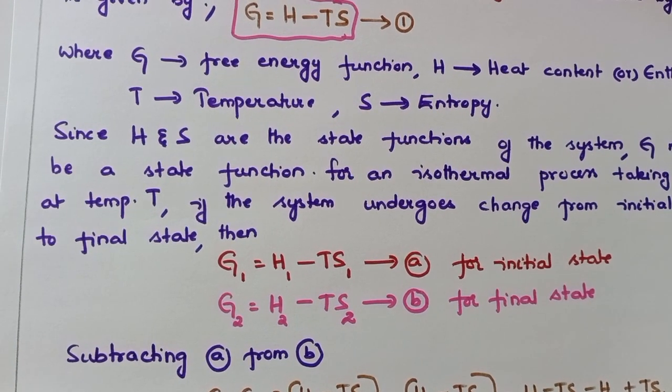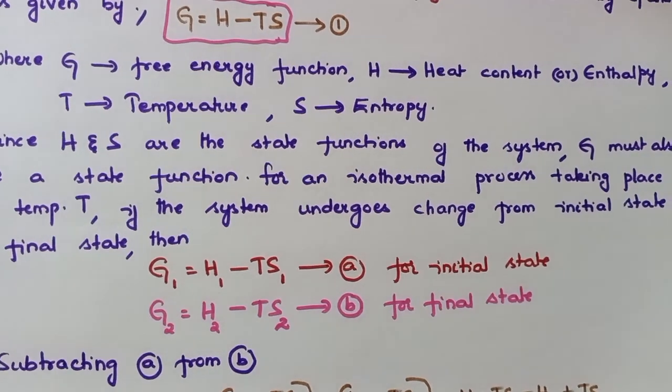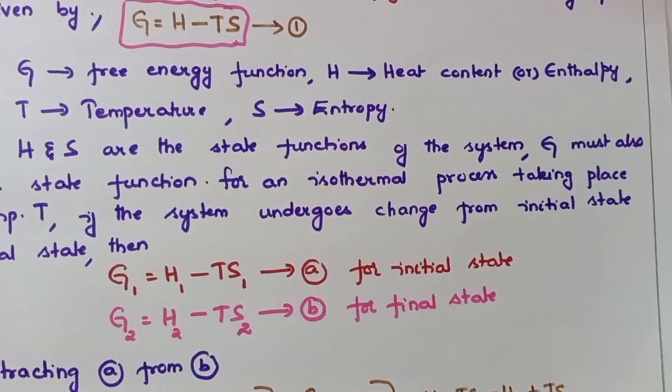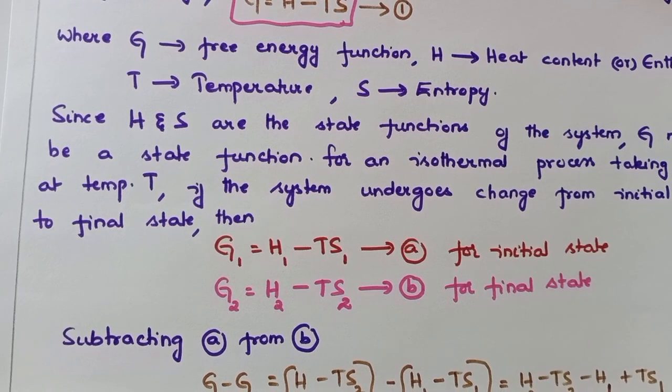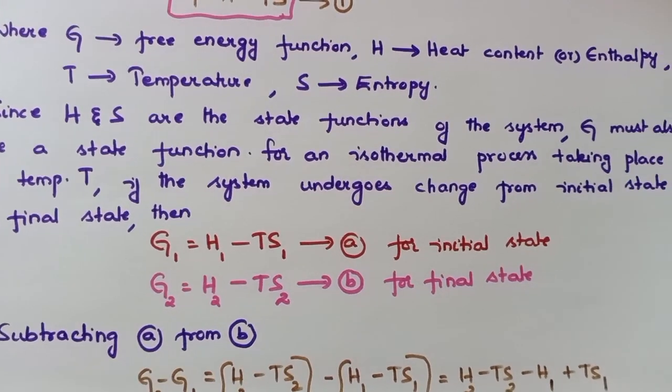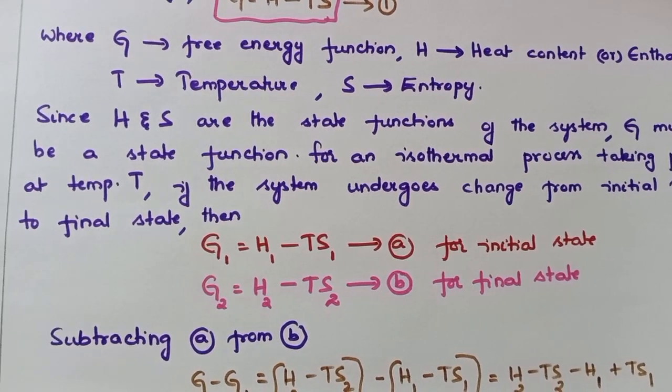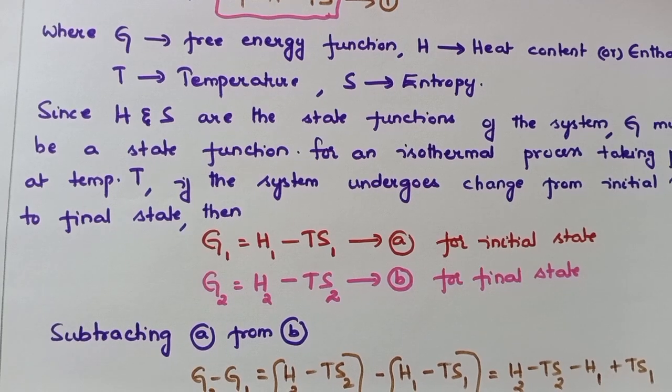Can you write it down on your own, students? For an isothermal process taking place at temperature T, if the system undergoes change from initial state to final state, then